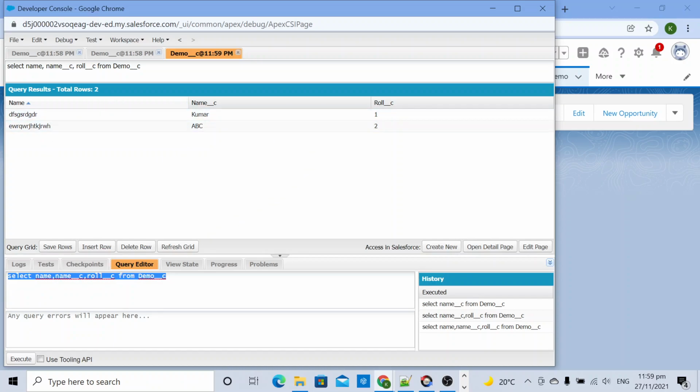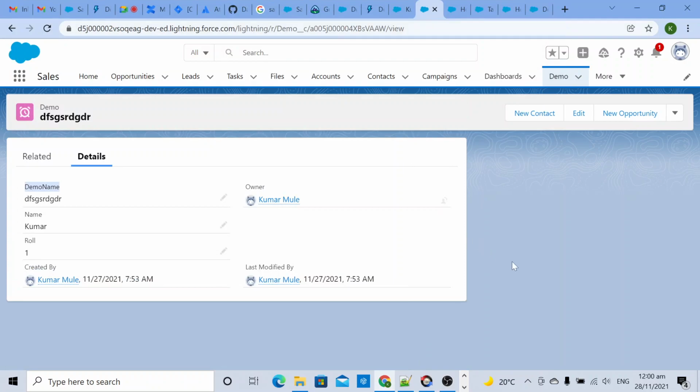For example, you are running some Salesforce query and you are not getting a result. If you want to validate whether a record exists in Salesforce or not, instead of asking the Salesforce team, you can go to the developer console, run your query and validate. If your response is coming here but not coming in MuleSoft, then that means you made some mistake there. So if you want to validate data or a query, you can write the query here and validate. If you have this kind of knowledge, then it's good.